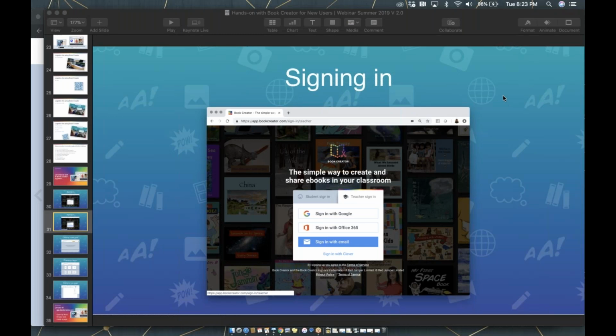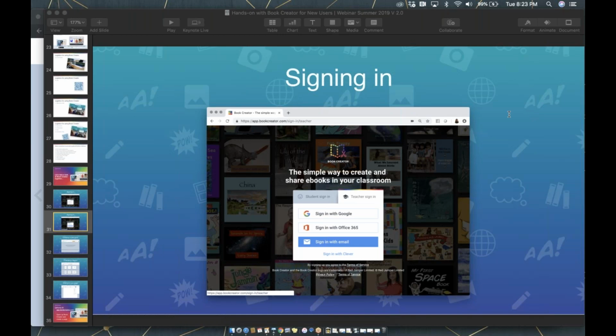There are no set number of pages. Patricia asked the question about that. You can add and delete as many pages as you want as you work. I've asked the folks at Book Creator specifically about the number of pages, and there is no limit. And I've had lots and lots of people create books with lots of pages, and we haven't had any issues